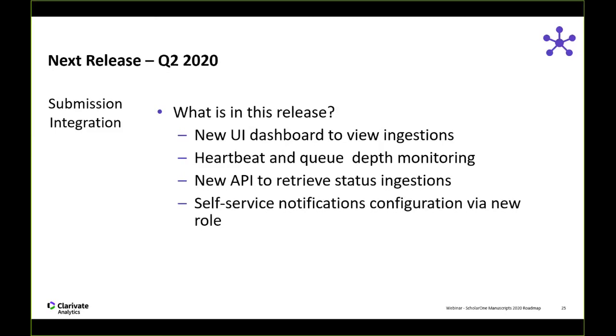self-service configurations for notifications. So as you probably know, ScholarOne offers an automated outbound messaging service. So HTTP calls to notify external systems when events happen. A lot of the submission integrations are tied to these notifications, and we really wanted to give clients the ability to self configure these